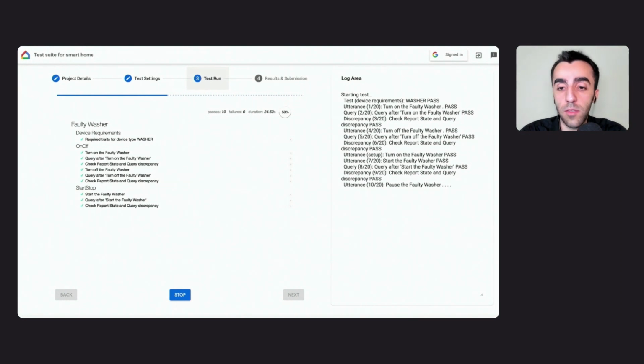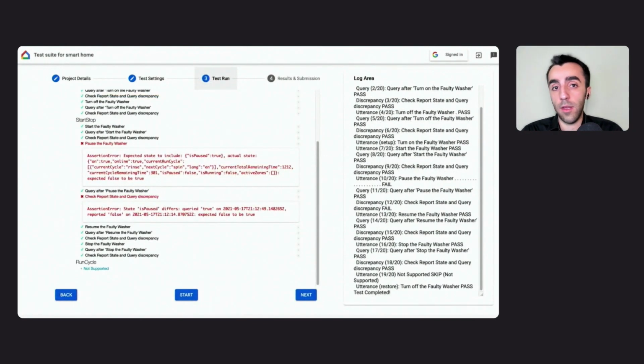So as I mentioned, this will take some time. I'm gonna fast forward the video to the end result. So the test suite is gonna outline that we still have a few other errors yet to catch through this workshop. And when we look closely at the test suite results, we see that it says the expected state to include